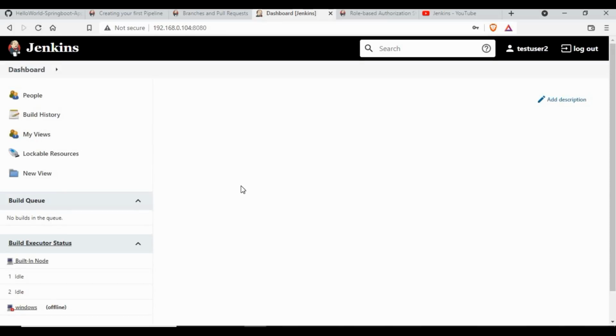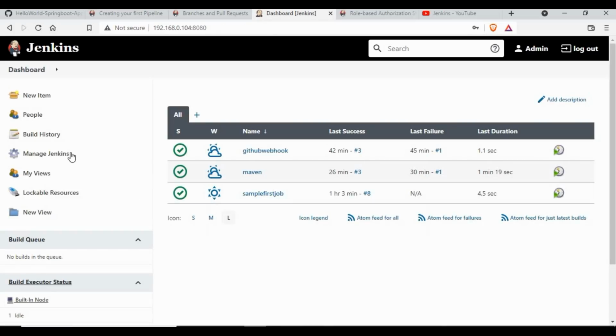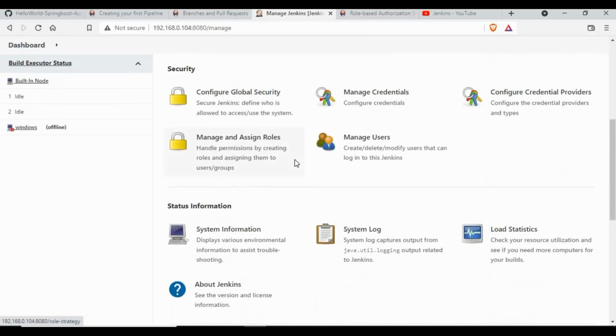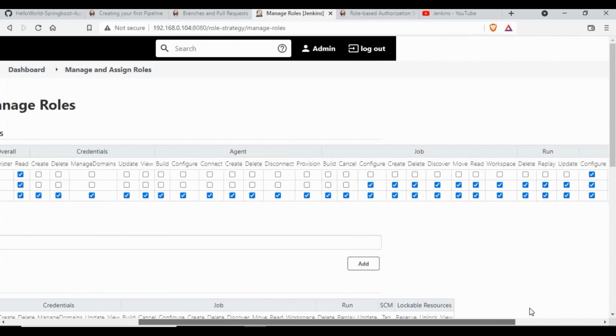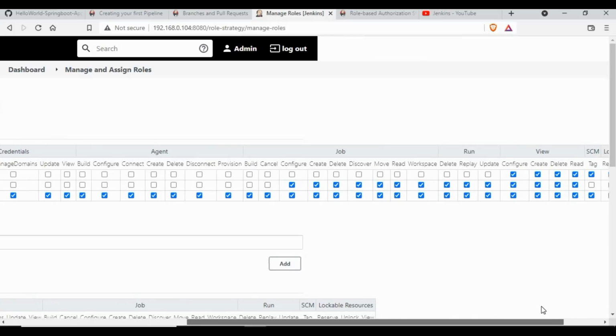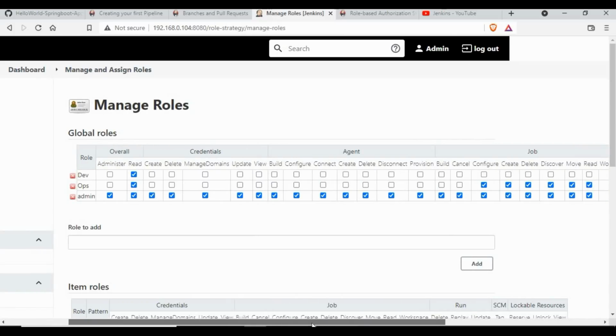Now for this test user, if you see, this user does not even see the jobs. So based on the configurations what we set, let me log in again. Now if you go back to these roles, it's based on the roles what we have set. So now if you see the jobs, what you can see is based on that, it will be able to create. So you need to check what configurations you have set for each user, and based on that